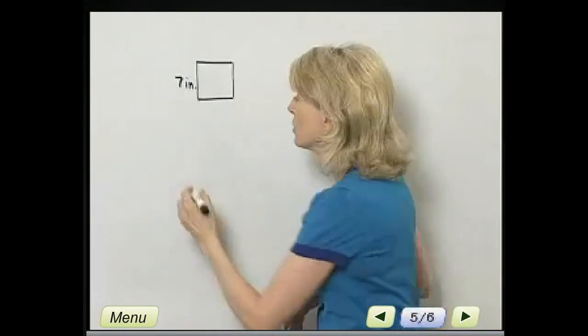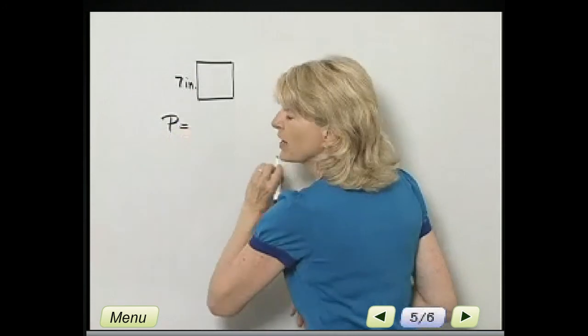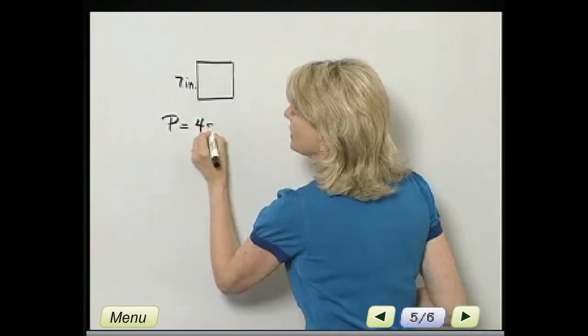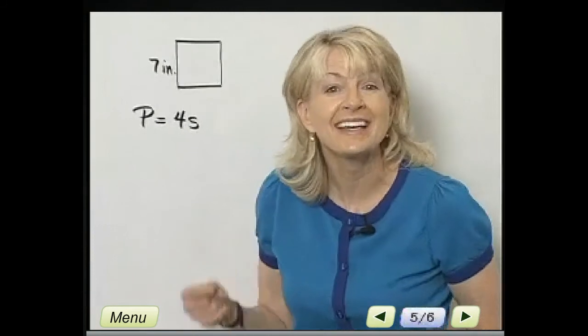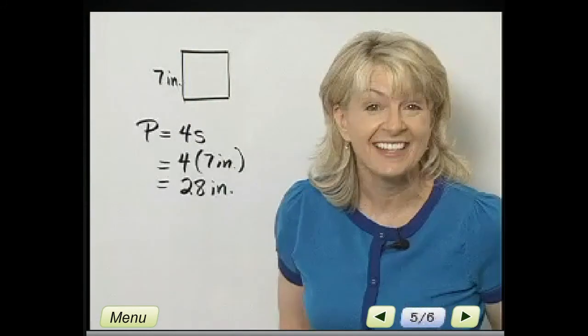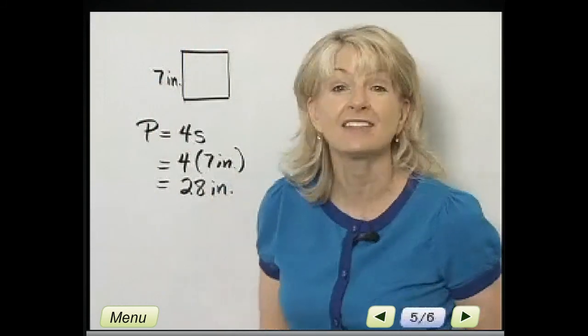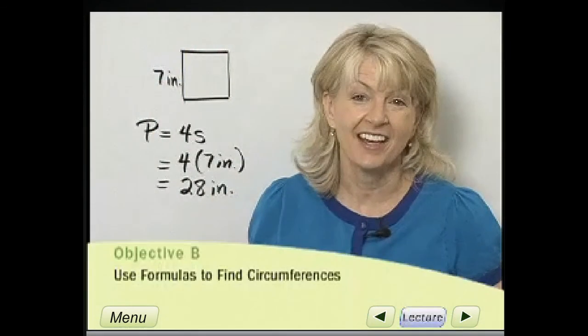We want to find the perimeter of that figure, given that that figure is a square. Remember the formula for perimeter of a square? It's 4 times S, or 4S, where S is the length of a side. And if you don't remember that formula, simply add 7 inches plus 7 inches plus 7 inches plus 7 inches. The perimeter of the top of that case is 28 inches. And now